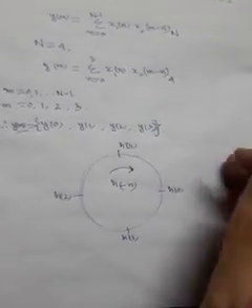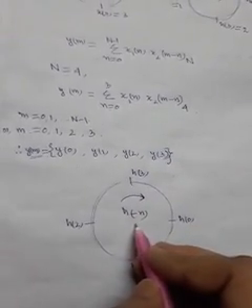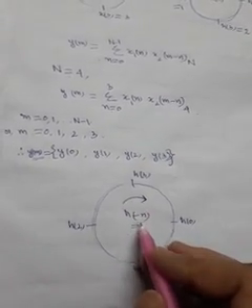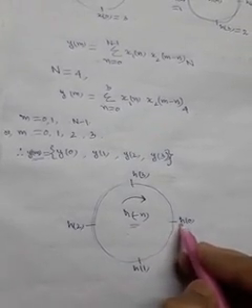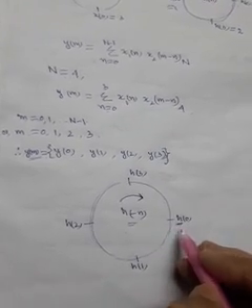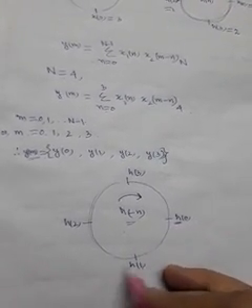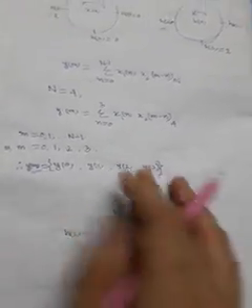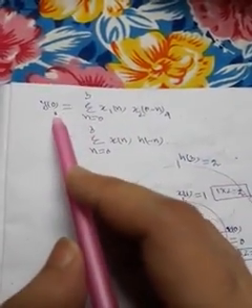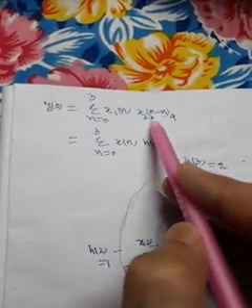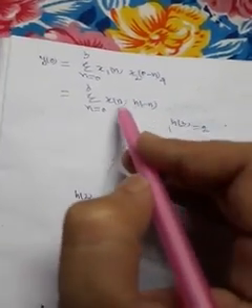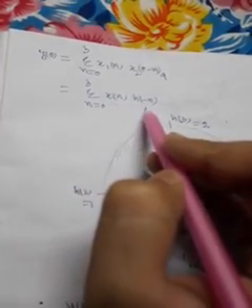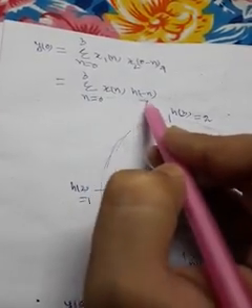Now see, here we have represented h(n) in clockwise direction. So we have written h of minus n. For the clockwise direction, first h0, then h1 along the clockwise direction, then h2, then h3. This is because for y(0) we have to put m equal to 0, so that will reduce to h of minus n. So that will be equal to the product of x(n) and anticlockwise h of minus n.